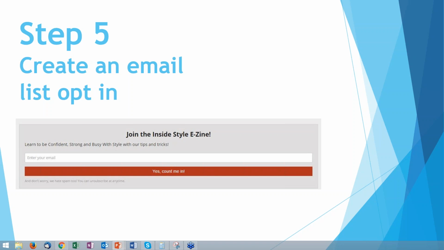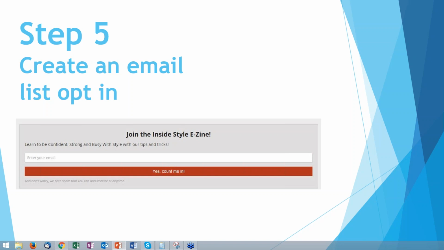Aweber gives a lot of flexibility in dividing your list into different categories of customers. You can send different things to different people. It allows you lots of options to create your opt-in. Now, I know Beth used, what did she tell me? I think she used Constant Contact. So she could probably help you answer questions on Constant Contact setup. But you want to have something that lets your people sign up to get more information, stay on your list, and give them some type of reward.